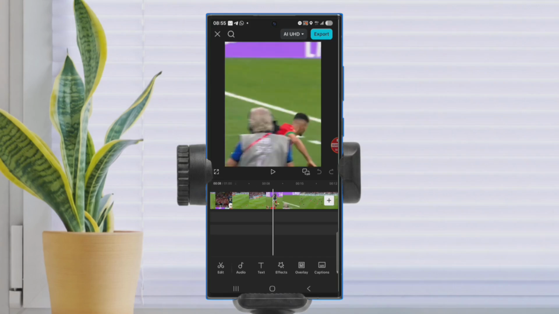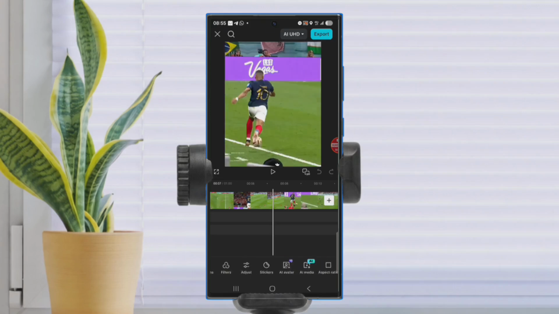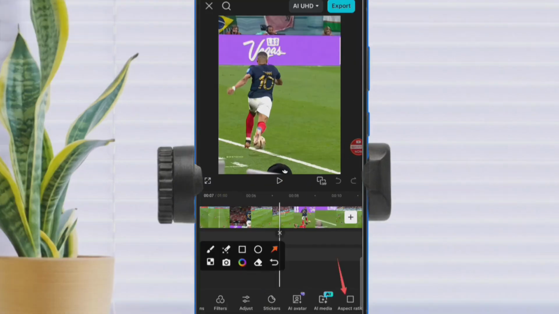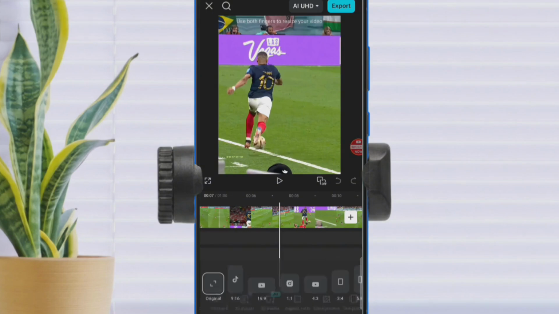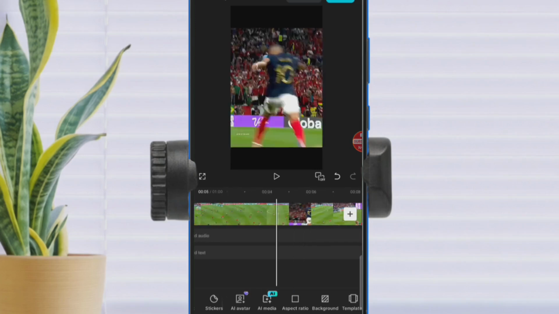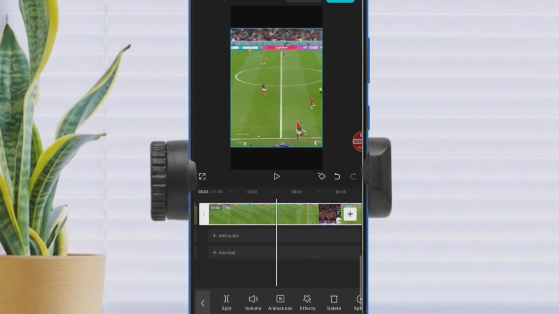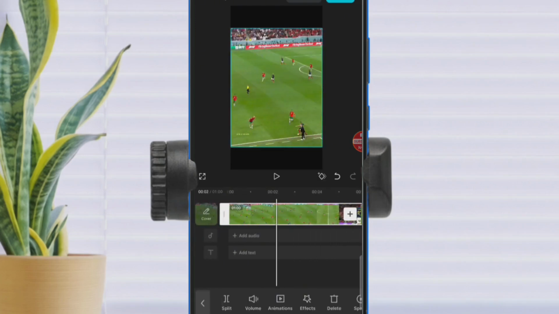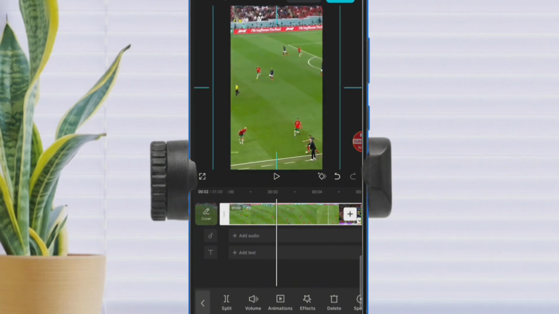There are some editing that you need to do on this particular clip. The kind of editing that you are going to do, it all depends on you yourself. Okay, but first and first, I'm going to convert this video to aspect ratio 9:16. Okay, so I'm going to click on aspect ratio right here. Then I'm going to select 9:16. All right, we're okay with this. So the next thing now is to make sure that this video fits in that aspect ratio. Okay, so I'm going to go ahead and zoom it.